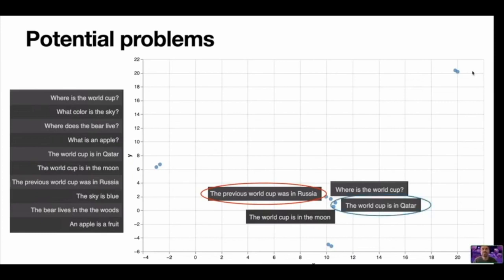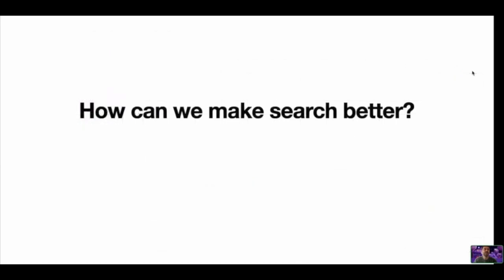So there's a lot more work to do. Not just distance, but a lot more fine-tuning of this model to make it good for search, to make it actually give the right answer and not something that just happens to be a similar sentence. And so the question is, how can we make search better? And the answer is, stay tuned to the next talk by